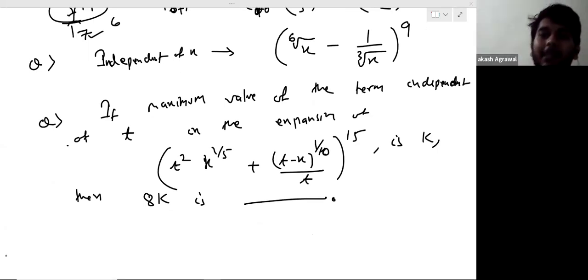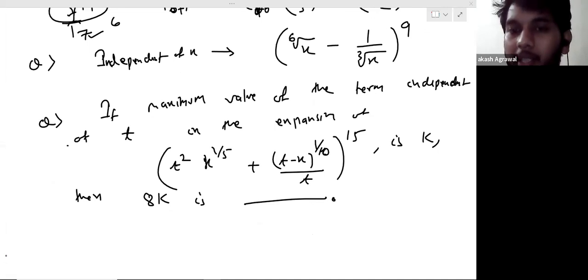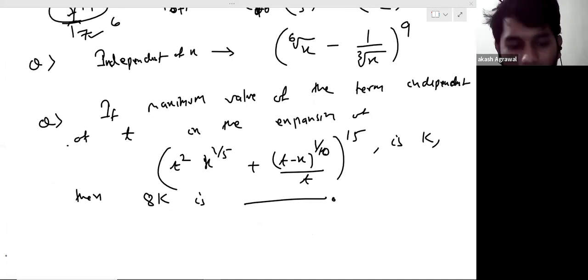Do not be confused about this question. What they are saying is the maximum value of the term independent of t. Maximum and minimum mean domain and range actually. So just find the term independent of t, find the maximum value, and you will get the answer. Don't worry if you cannot solve the